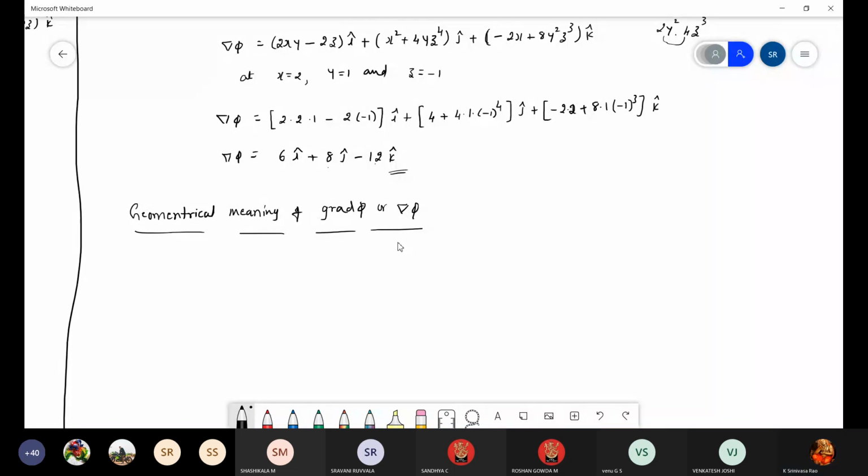Take down: if phi of x comma y comma z be any surface, then